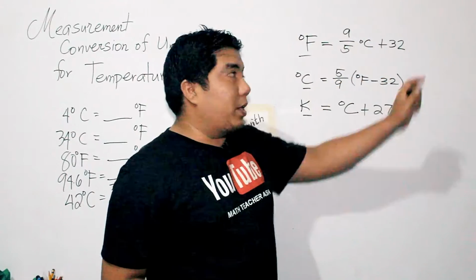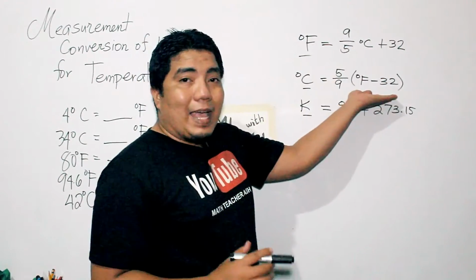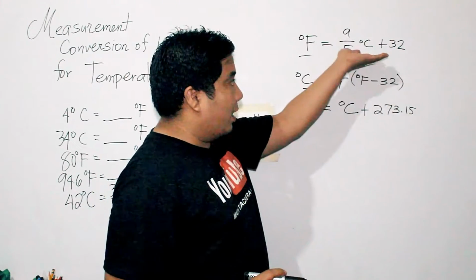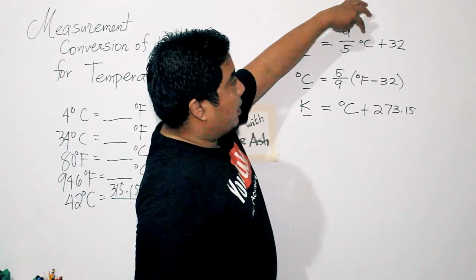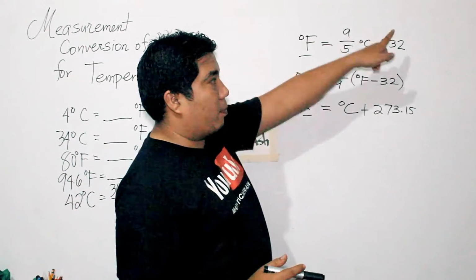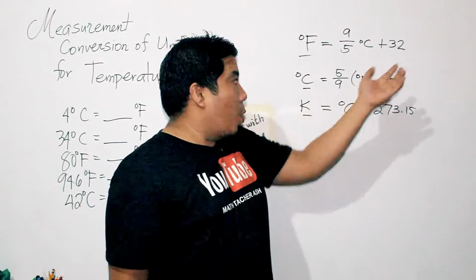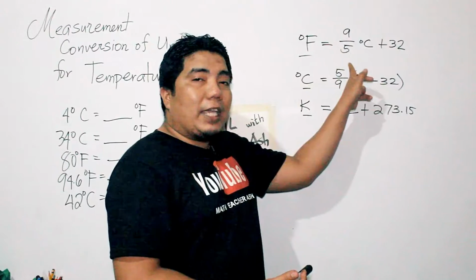How do we do this one? Now, look at the difference between the two. One has a quantity and the other has no quantity. What does this mean? It means that the Celsius will be multiplied first, then divided by 5 before adding 32, while here, you subtract 32 first and then multiply it by 5